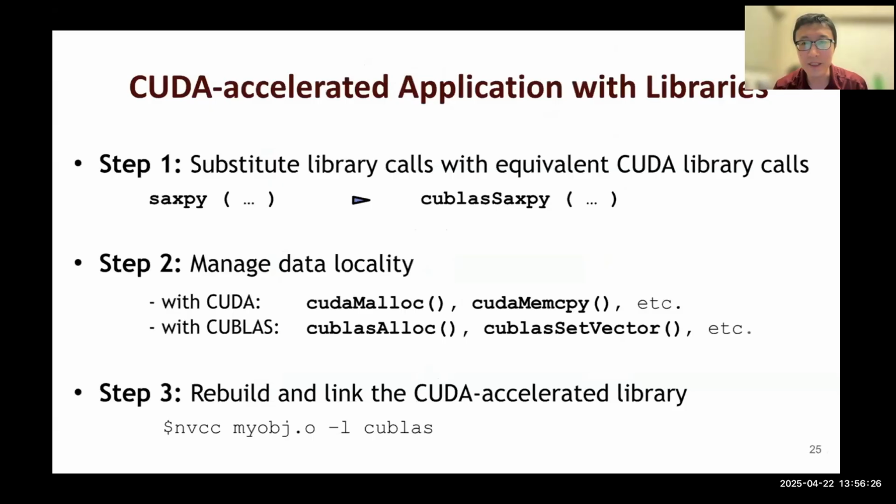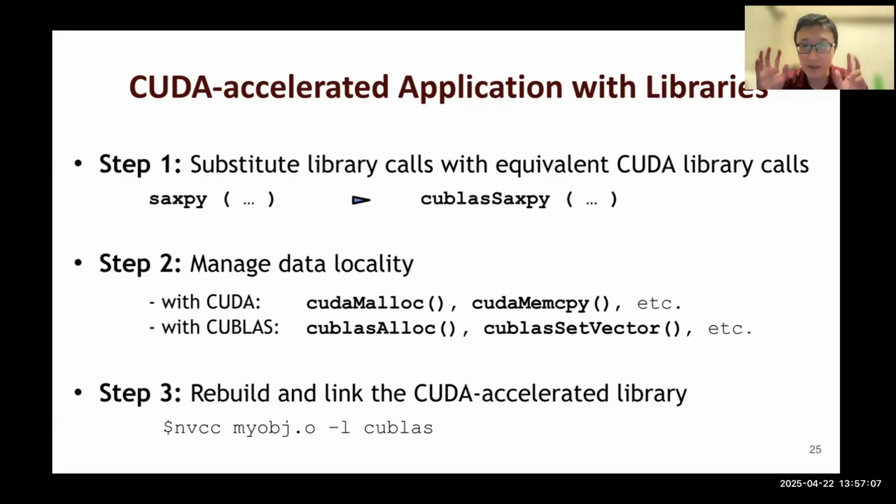For example, this is a very simple library. If you're using, say, a linear algebra library, SAXPY, basically it computes a times X plus Y, where X is a vector and Y is a vector. If you simply replace this function call with the cuBLAS SAXPY, the cuBLAS being a BLAS library, and replace all the input arguments from CPU variable arrays to GPU variable arrays,